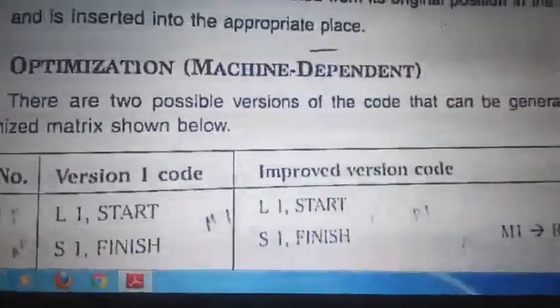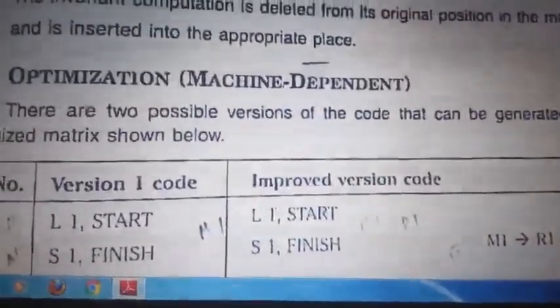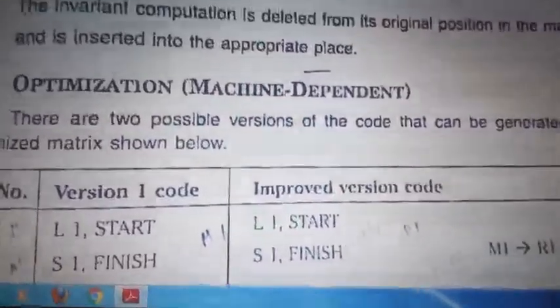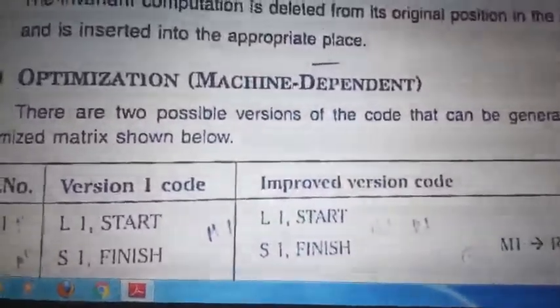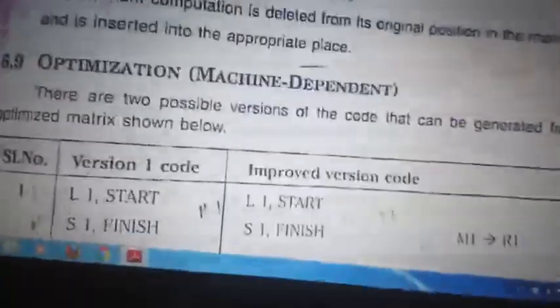This machine independent and machine dependent optimization comes again in the next phase, in the small chapter we have, phases of a compiler. There again I won't repeat it in this video. Clear? So, code optimization, machine dependent.